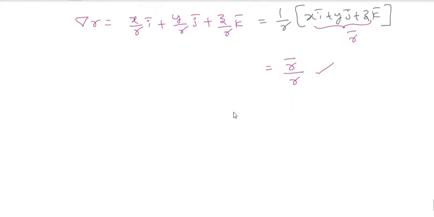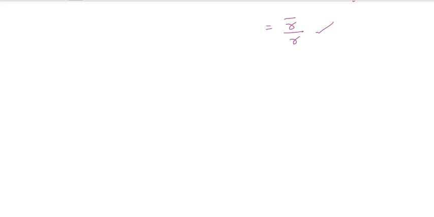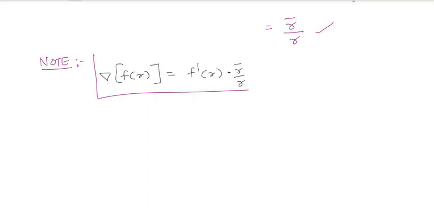Is my point clear? So that is how you have to solve these things. Here you have to take one note point. That is generally del of some f of r if you are having, this you can take as f dash of r into r bar by r. This is a very important point. Based upon that, directly you will have a lot of questions. This is a note point which you have to keep in your mind. Second order also I will define later on.